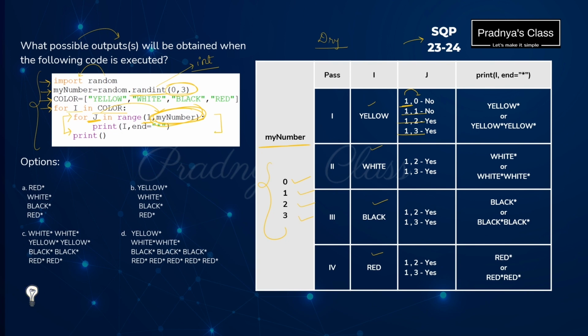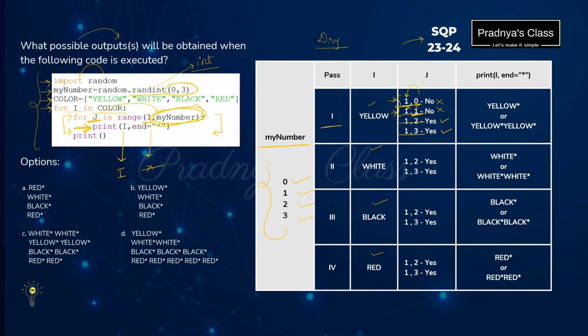But the inner for loop will execute only for these two values, because for the other two values the loop cannot execute. In the first combination, the second value is smaller than the first value. And in the second combination also, range function will consider it as a 0. So this is also not possible. Let's check out the statement inside the nested for loop. We are printing the value of i, and with the end parameter we need to print star.